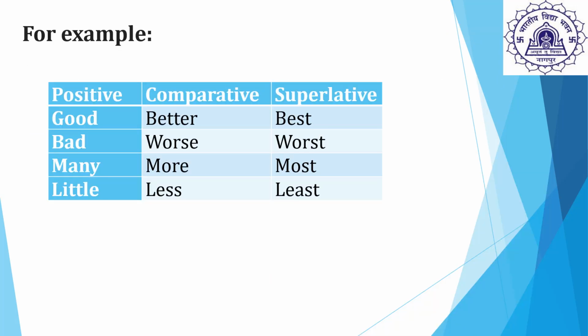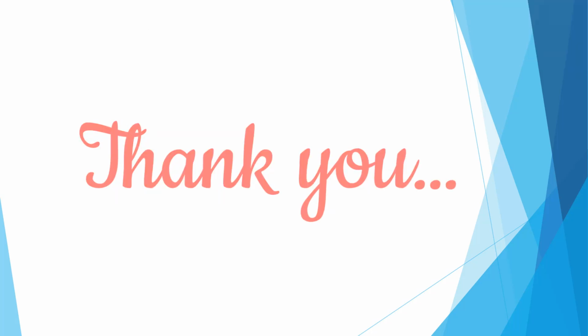So we'll study a few more examples, children. Like bad will become worse and worst, many will become more and most, little will become less and least. So these are, children, some exceptional adjectives. Like we studied in the previous rule with more and most, here also you have to remember that all the three degrees will be completely different, and we will neither put any word in front of it or at the back of it like the other rules. All the three degrees are totally different from each other.